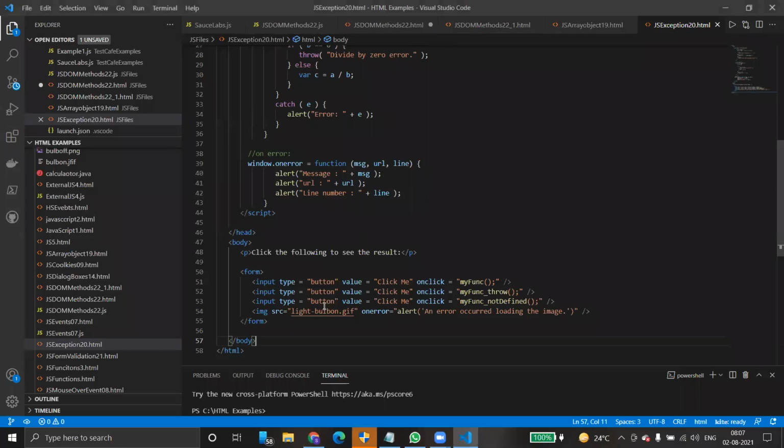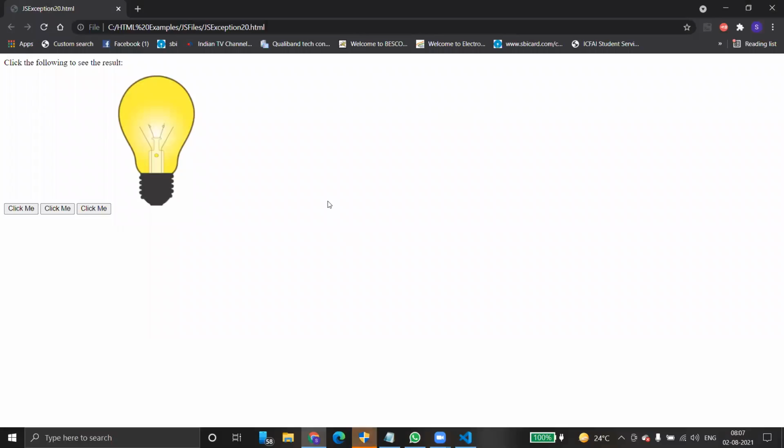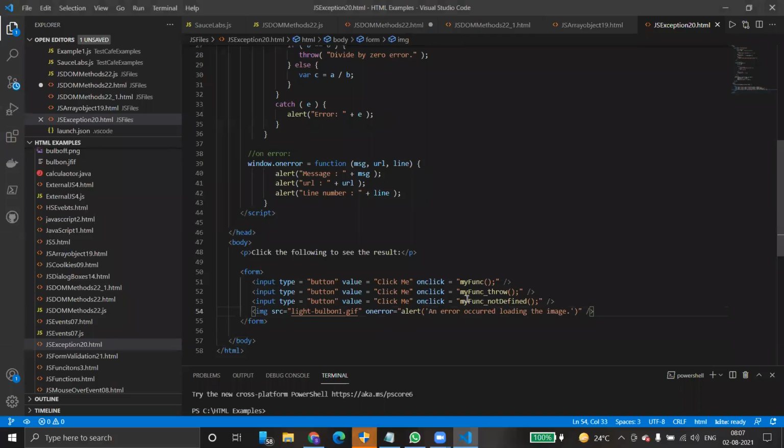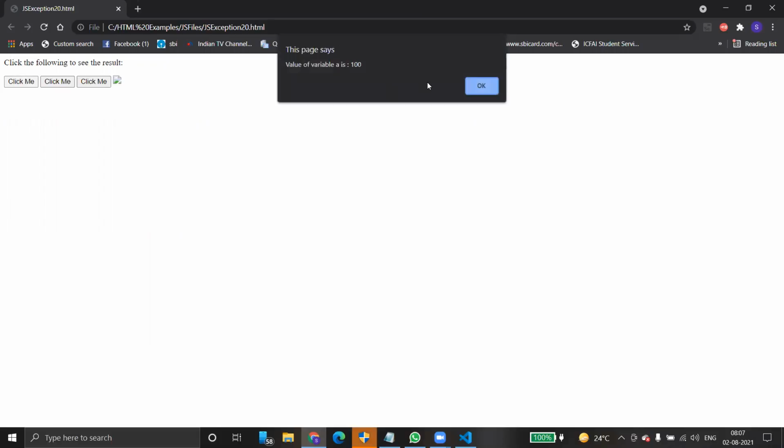Else, this refreshes automatically and we get a pop-up. If there is an error, it will show. On error, we are getting this error. Suppose we give button 1, Control S. First of all, the GIF is not at all there in that location, hence you will get an error. Clear? On click, if you invoke this function, this invoking function we already know, it just invokes and opens the browser.